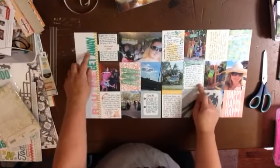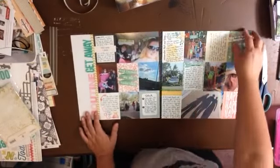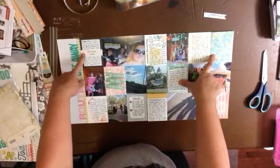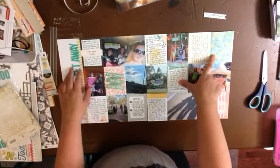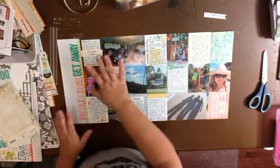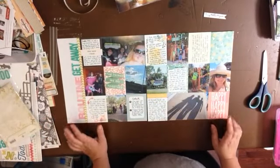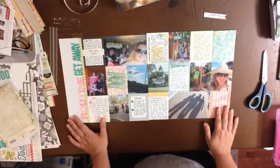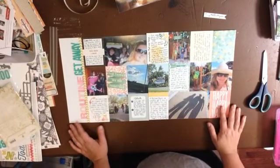Now I'm looking to make sure I'm making some visual triangles. I have these 2 in aqua and this in aqua. This is also aqua, but I feel like that's sort of a visual triangle. I've got the pink, the pink, and the pink, so I feel good about that. But I do feel like this layout could improve